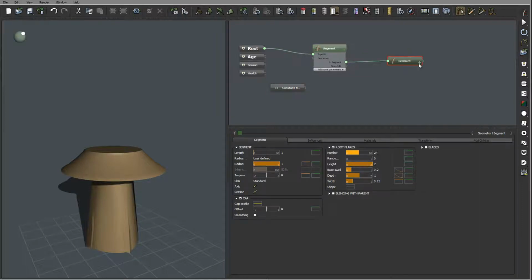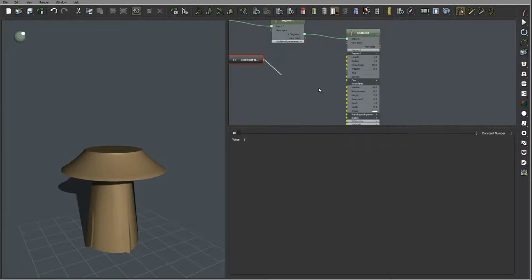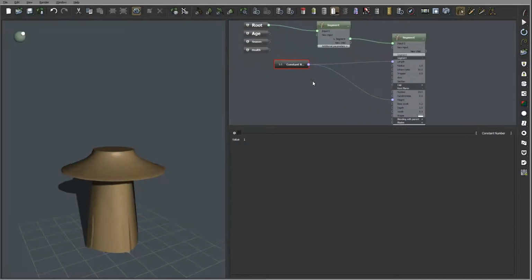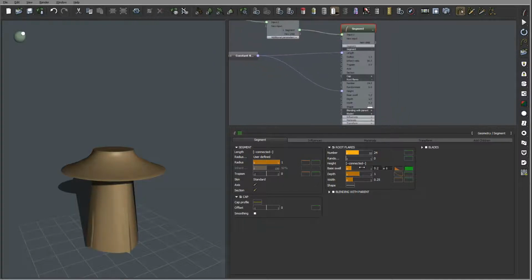Okay, we can extend our parameters, our segment. Right here we have a segment link, root flares, and we have height. So we can always go ahead and connect directly to the height and to the link. In this case, when we modify this, we need only go inside the one number and modify the link, which works for both of them. Okay, next, let's go for this base. Well, we'll put it 0. The depth, we'll leave it as 1. And let's take width and put it